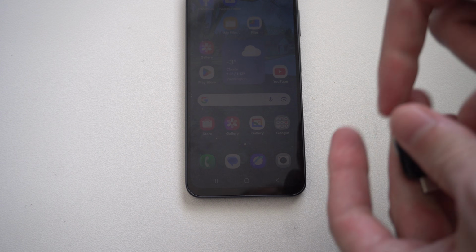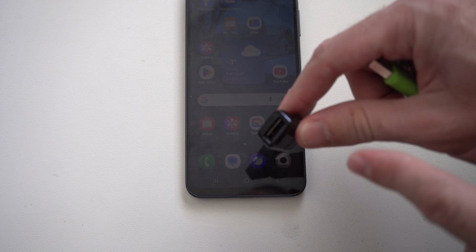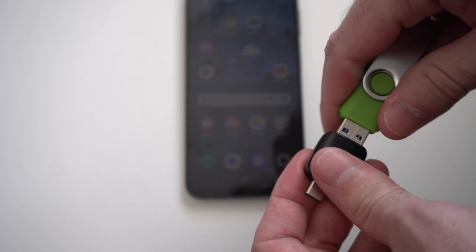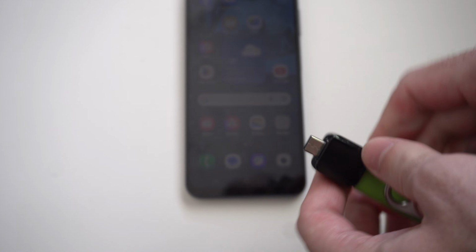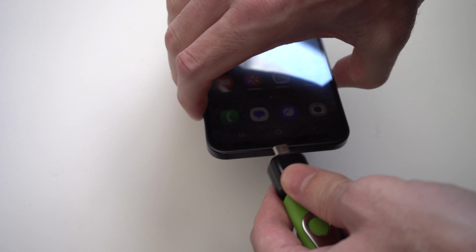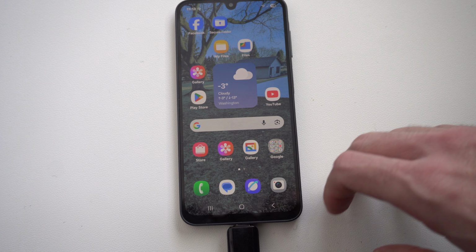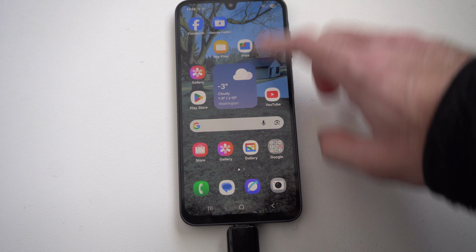Now I do have an OTG adapter. This is USB to USB-C, so I can just plug in a USB device like this and then plug into my phone. Now you have to locate Files or My Files on your phone, so we can just swipe up,